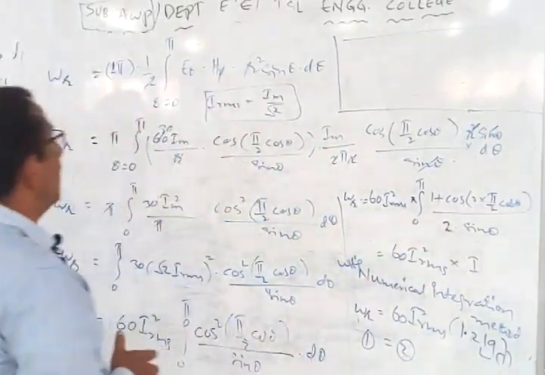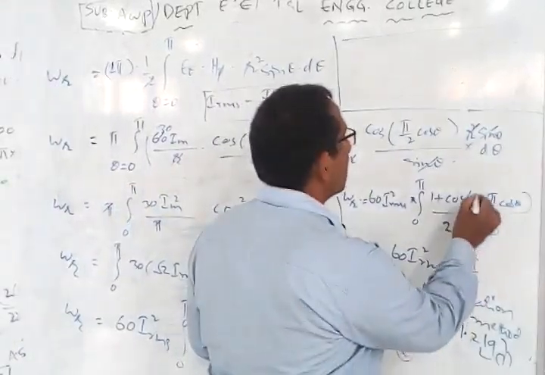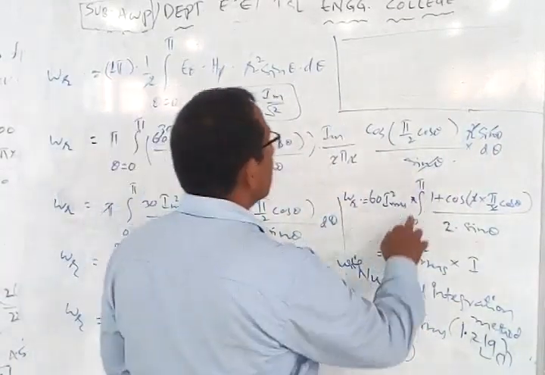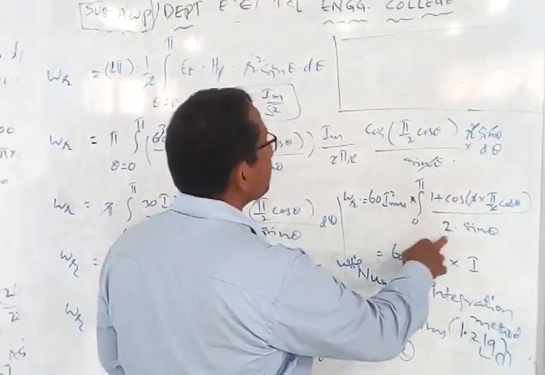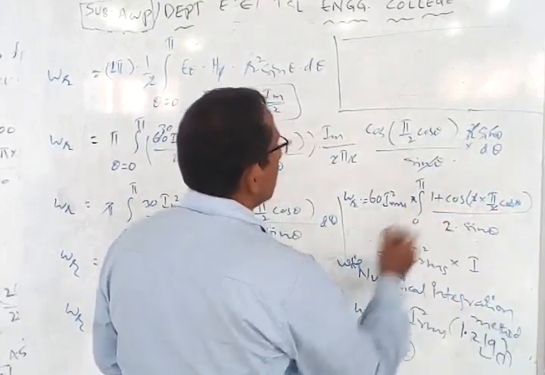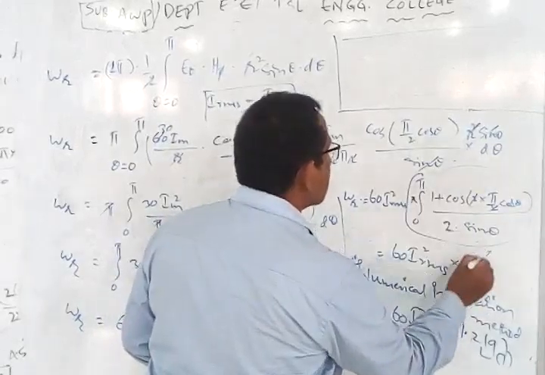Okay, theta value what I have now, pi by 2 cos theta I have. So therefore I can write it like this. So these two will get cancelled. So finally I will be getting here as integral 1 by 2 of integral 1 plus cos of pi by 2 cos theta by sin theta. So that is the equation, and this entire equation now I can write as something like I.